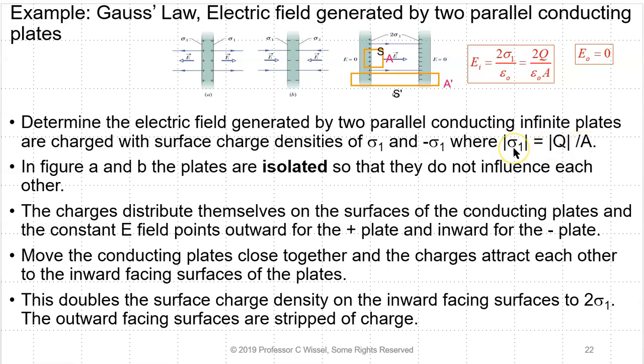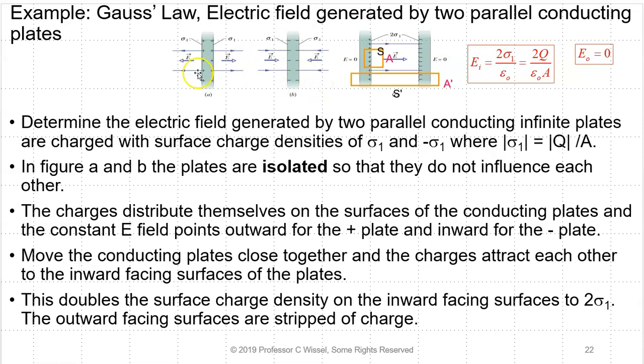In other words, the surface charge density equals Q divided by A, and that would be coulombs per square meter. Notice one of them is positive, one's negative. That's where this sign comes from. Now, in figures A and B, the plates are isolated, so they're too far apart from each other to influence each other. The charges will then, because these are conductors, distribute themselves on the surface of the conducting plates, and the constant electric field will point outward for the positive plate and inward for the